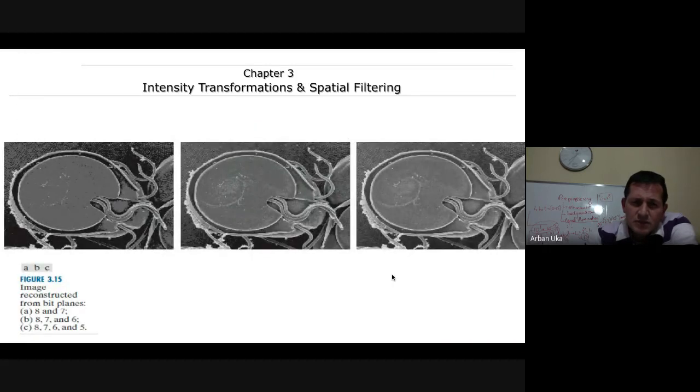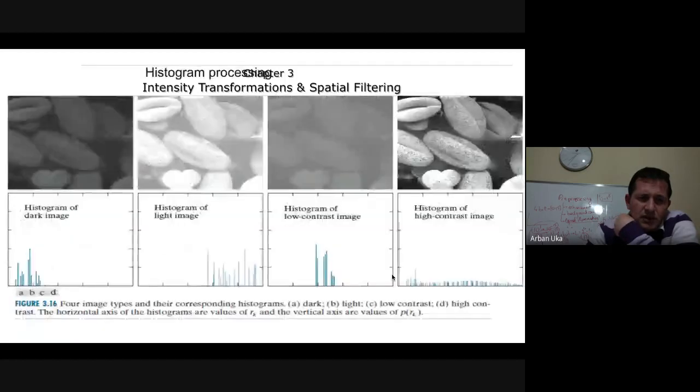So now, using the principles that we just learned from the previous slide regarding the bit planes, here we see the original image, which was shown a couple of slides before, and the image A, on the very left side. We have this image which is produced by reconstructing using bit plane 8 and bit plane 7, which are the most significant bits in here. Now here we move to this other slide.